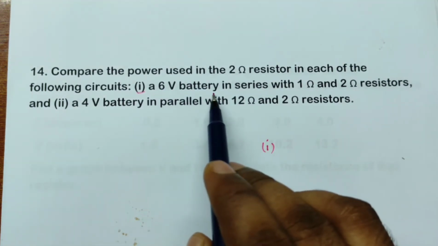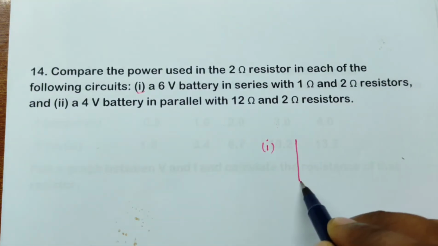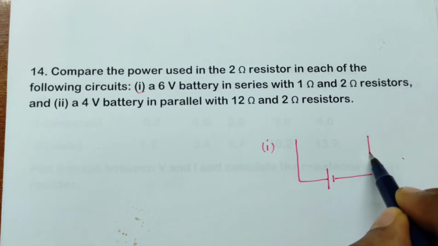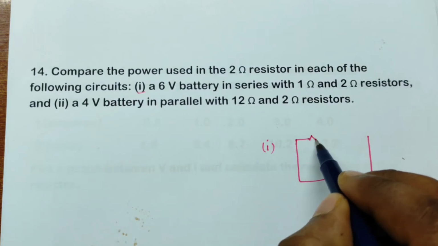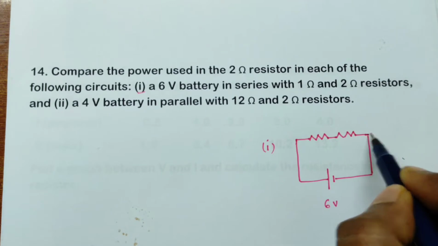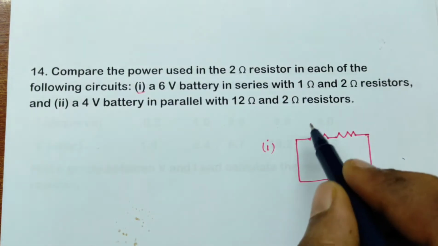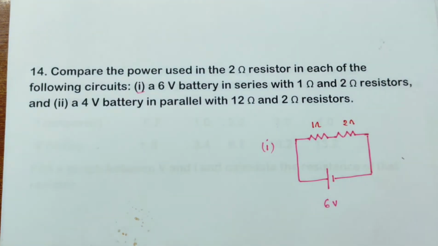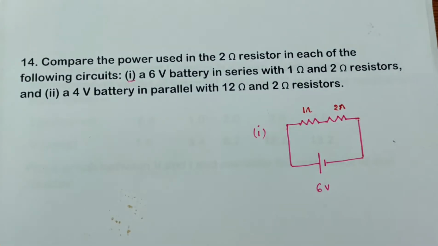A 6 volts battery in series with 1 ohm and 2 ohms resistors. So here we are having a 6 volts battery, and this 6 volts battery is in series. So like this and like this. We are having two resistors. The first resistor is 1 ohm, and this is 2 ohms. Okay. So this is the first part he is asking. And the second part, what he is asking,